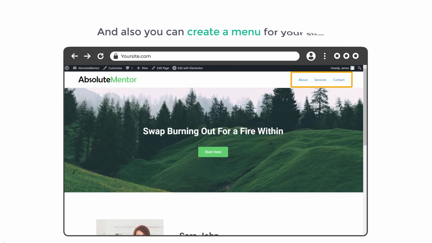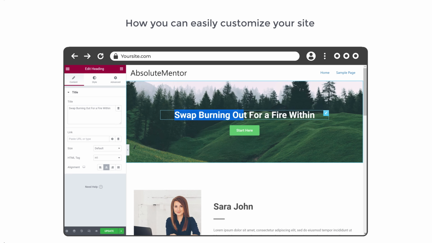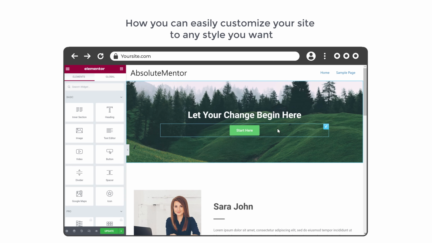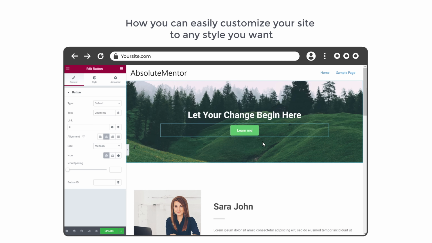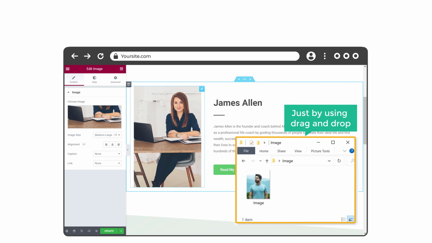And also you can create a menu for your site. Now when a visitor clicks on a menu item, it will take them to that particular section of your site. And then we will see how you can easily customize your site to any style you want just by using drag and drop